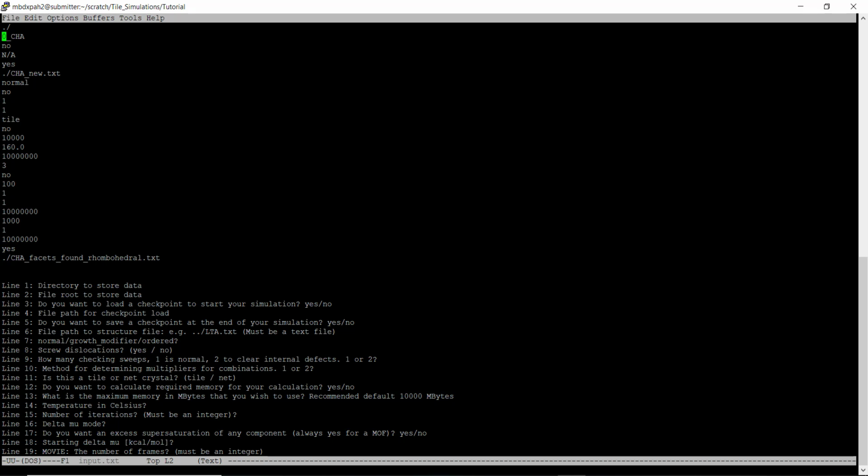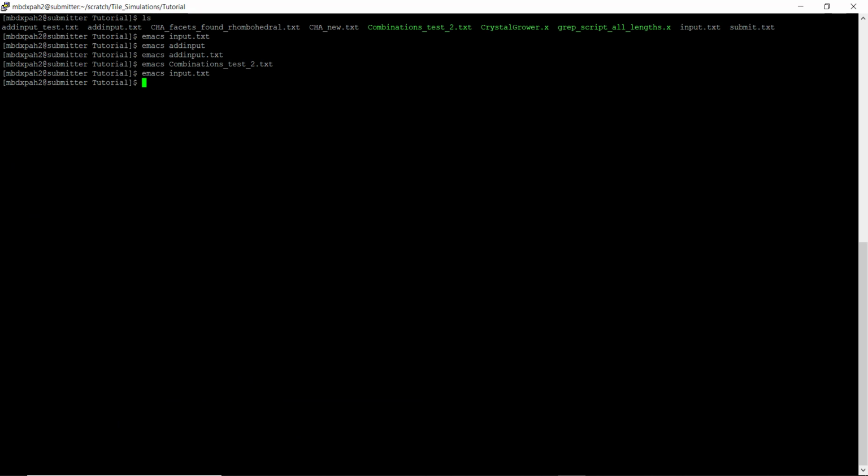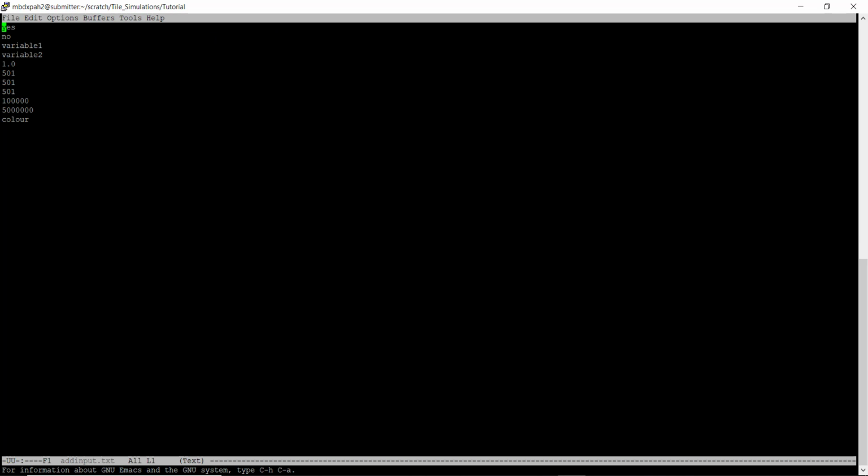We now need to look at our addInput template file. So if we emacs addInput.txt, we can see that's also set up correctly with the answers in the correct order. So this first question will be related to the queue scaling. Do you want it to be the same? Then the next question is related to the tile scaling. Do you want them to be the same? So in this case we don't, so we answer no. Then we input the energy variables for each tile, which is going to be incremented by our script. Then we ask for the baseline scaling. Then the memory